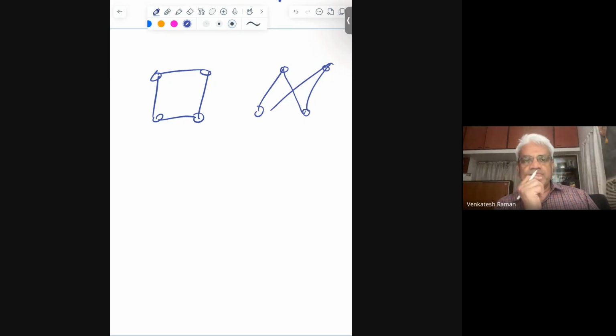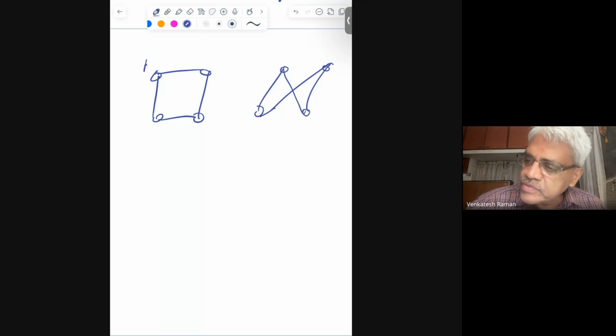Are they the same? Pictorially, if you see, they look different. But for us, a graph is an abstract object. These edges don't mean anything. I could have drawn a curve. So I could have, for example, just drawn